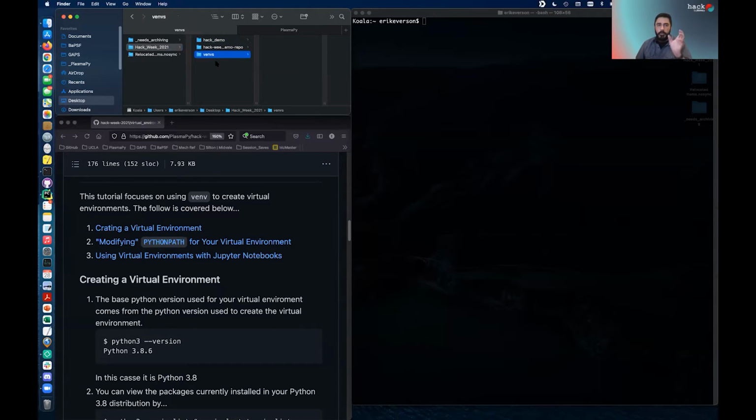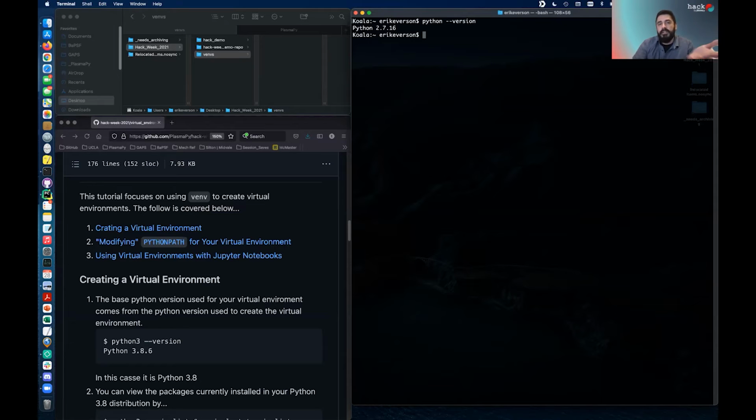This is something I like to do to house all of the virtual environments that I create. So the virtual environment you create, the base Python that is used for that virtual environment is defined by which Python distribution you use to create it. So on my computer, if I do python --version, you'll see this one is 2.7,